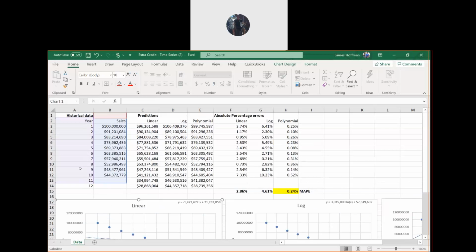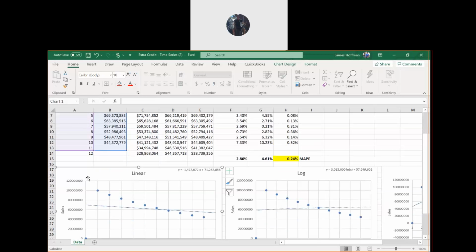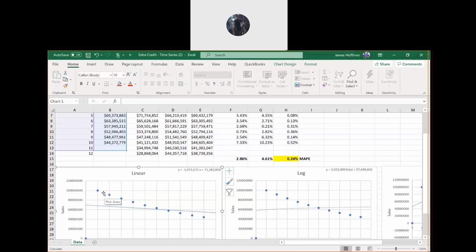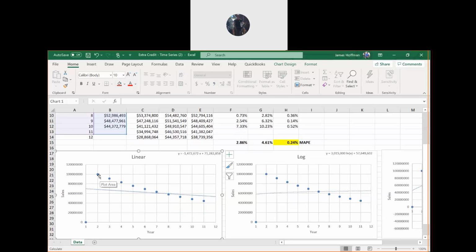Yeah, let's see. It looks like you just have... Yeah, the trend line looks different, huh?